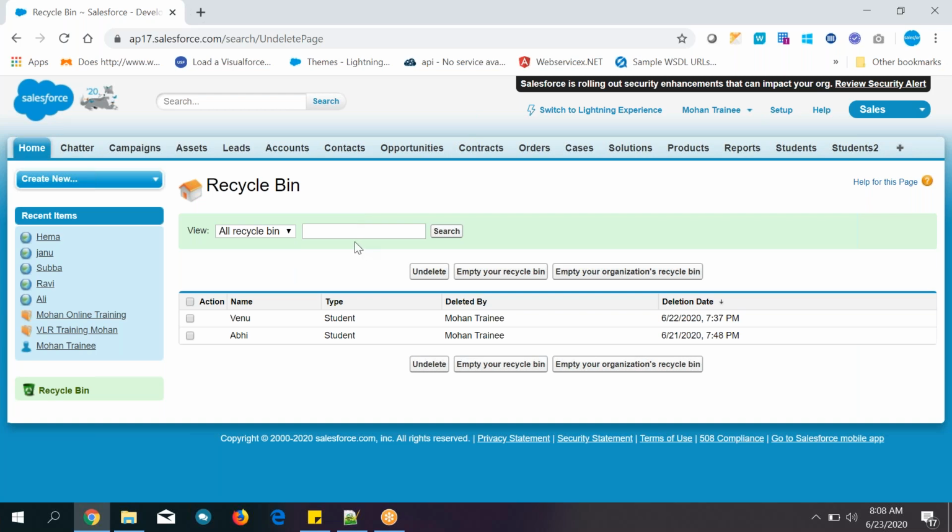So generally I told you, right, here all means, who will delete these records? Generally business users only will delete records. Business users around the world, okay, receptionists around the world will delete these records. Suppose the Russia receptionist deleted 10 records and the India receptionist deleted 10 records. So all those records will be seen if you click on all recycle bin only. If you click on all recycle bin, all those users' deleted records will be displayed over here.